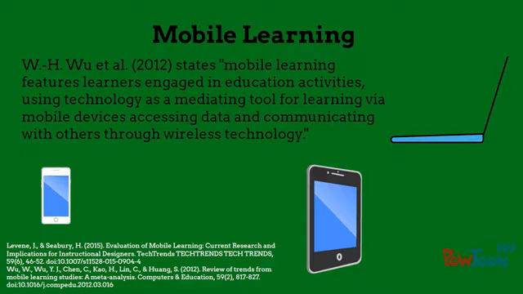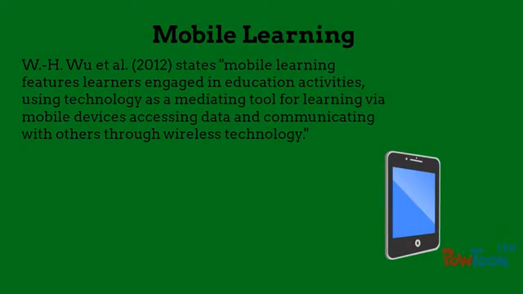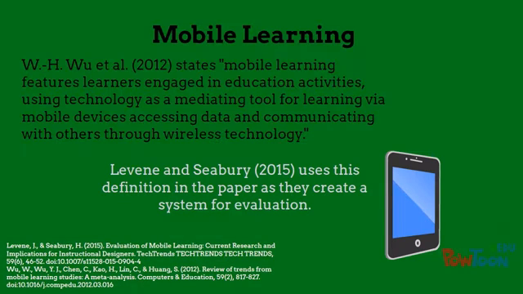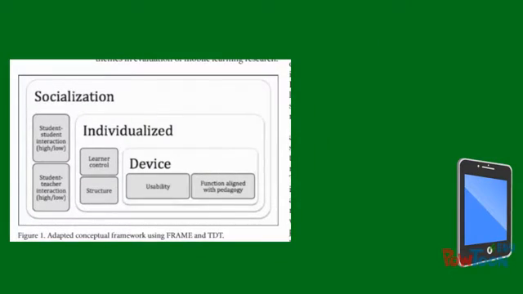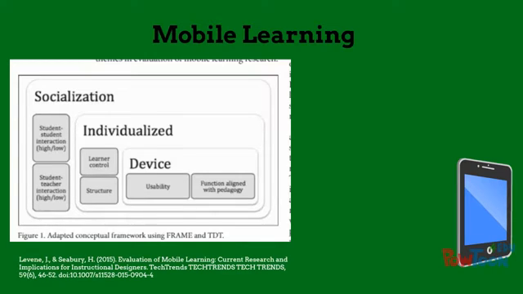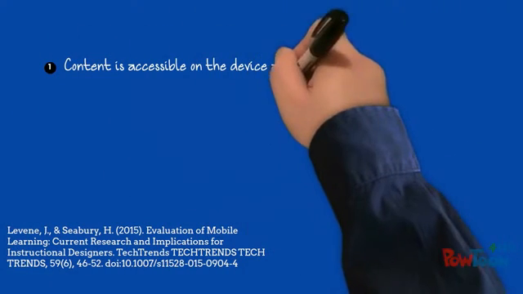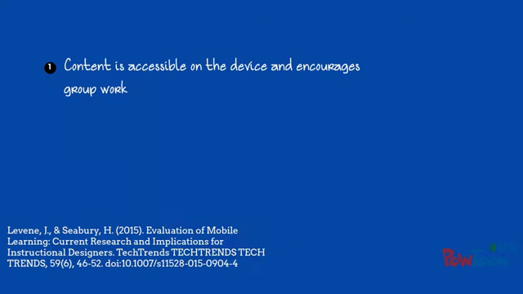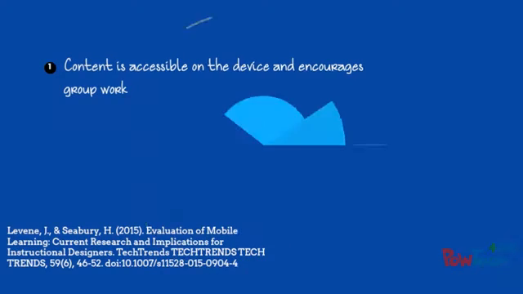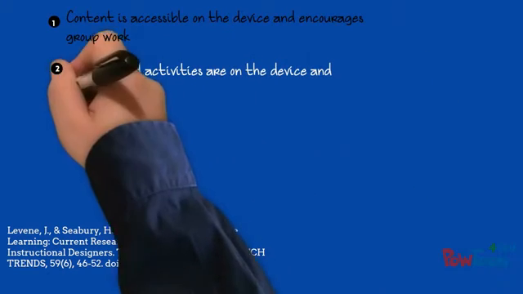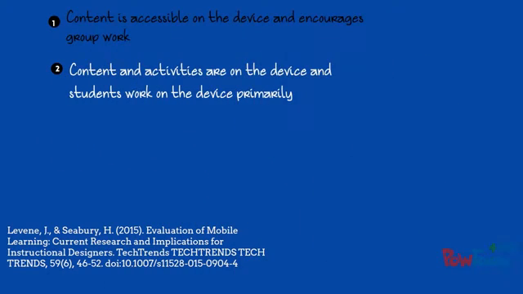In Jessica Levine and Holly Seabury's Evaluation of Mobile Learning: Current Research and Implications for Instructional Designers, they use Wu's definition for mobile learning. They also adapted Park's Transactional Distance Theory, TDT for short, to create 4 activities in mobile learning. The first activity is one in which the content is accessible on mobile devices and encourages student-to-student collaboration through group work. The second of these activities is one in which content and activities are delivered on mobile devices and learners' primary interaction